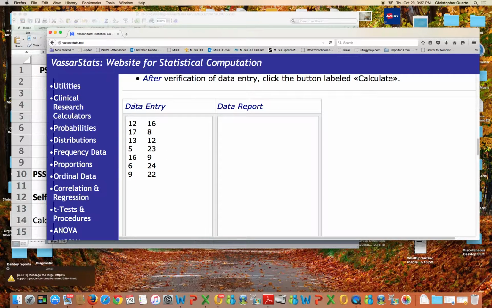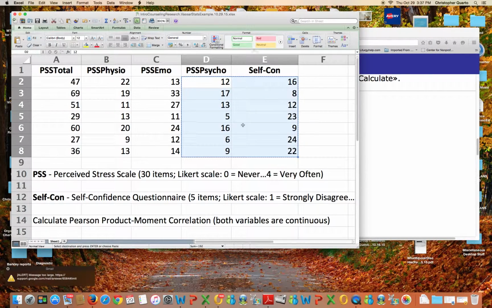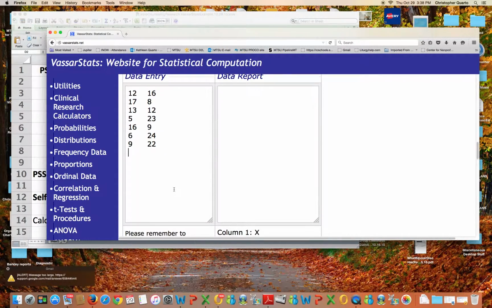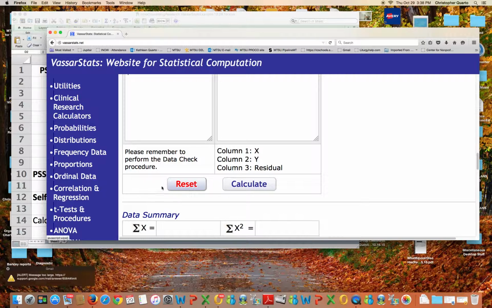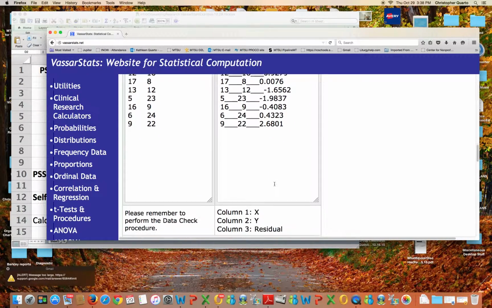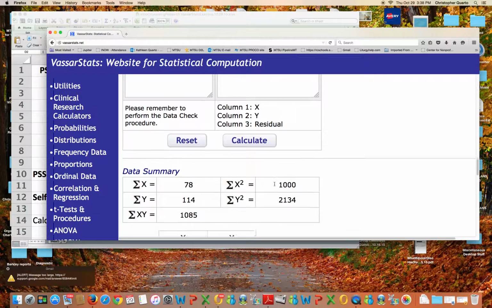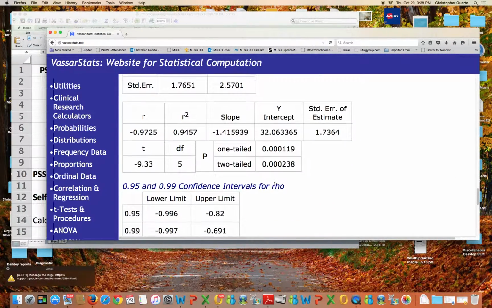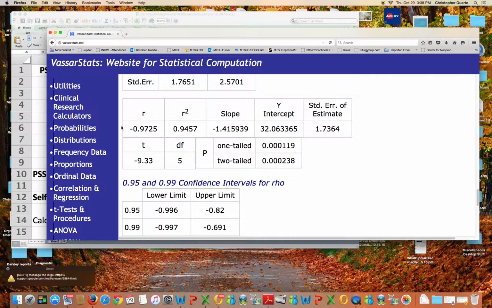So these numbers that you see here are the same numbers that you see next to one another in the Excel spreadsheet. So we're going to compute a correlation coefficient between these 2 sets of numbers. The way that we're going to do that is we're going to click on this Calculate button here, and what you'll see are all these numbers that probably don't make much sense and that you really don't need to worry about. Really, the only ones I want you to be concerned with are this one,